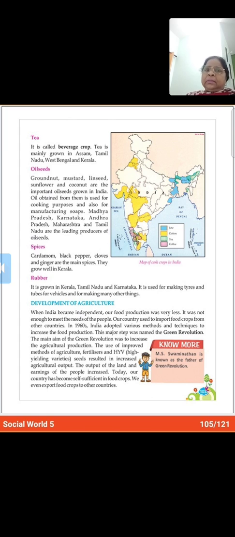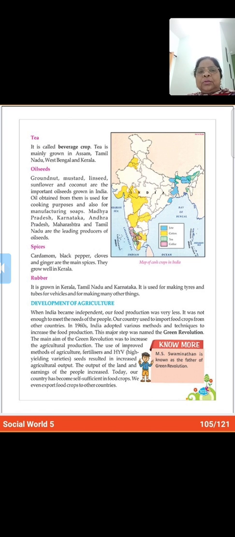There are many spices. If I start counting, it will be more than around 50. But I'm not going to read all or tell you all because you don't need to know that. When you grow up, you will know. So spices, they are grown well in Kerala. Okay. And some spices are cardamom. Cardamom is of two types, black and